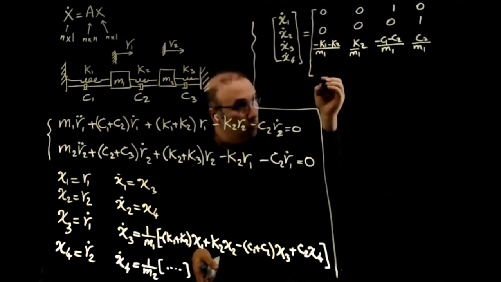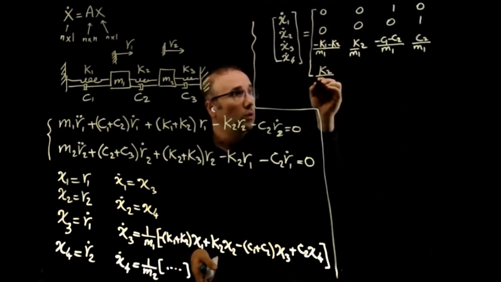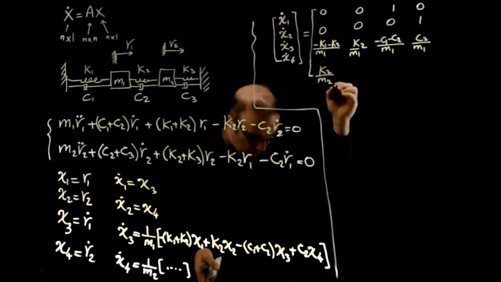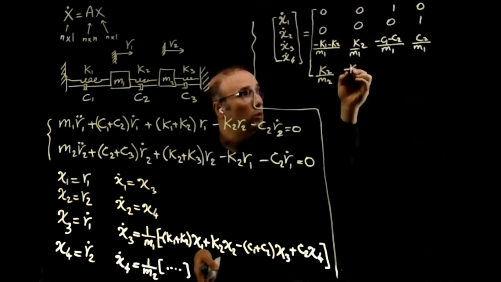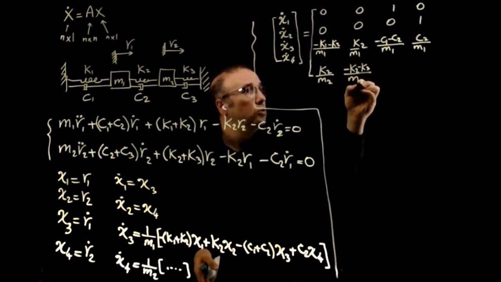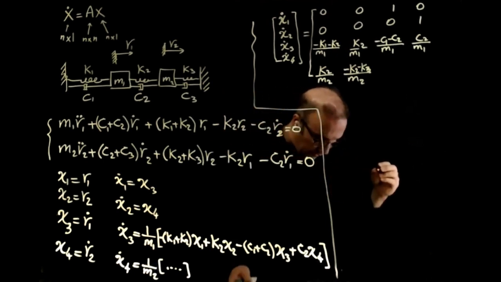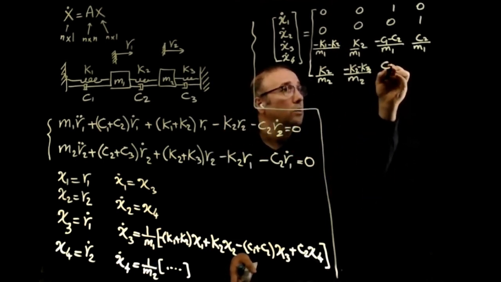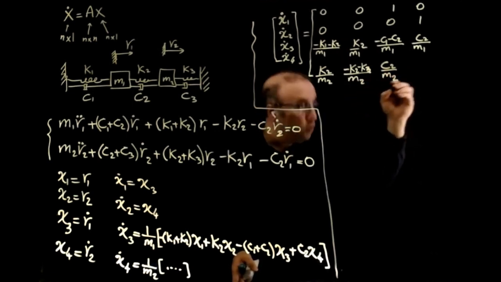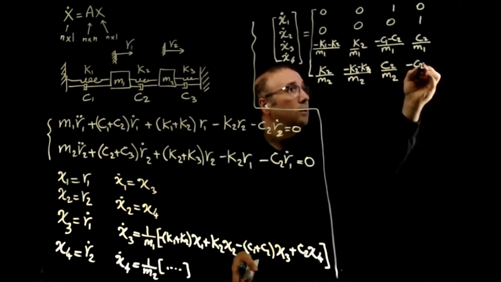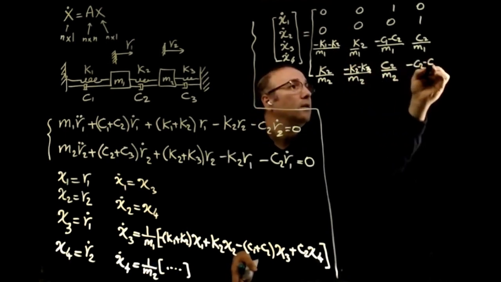I would have k2 over m2, and I would have negative k2, negative k3 over m2, and I would have c2 over m2, and I have c2 minus c3 over m2,